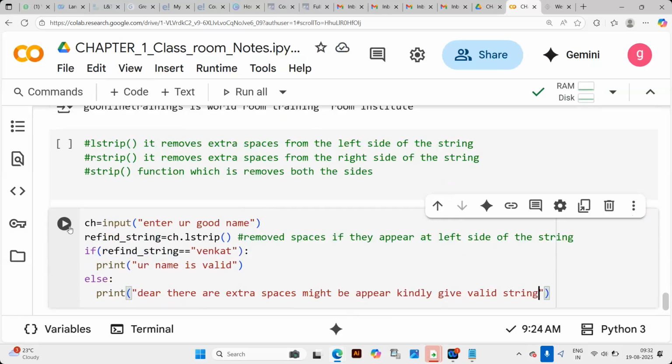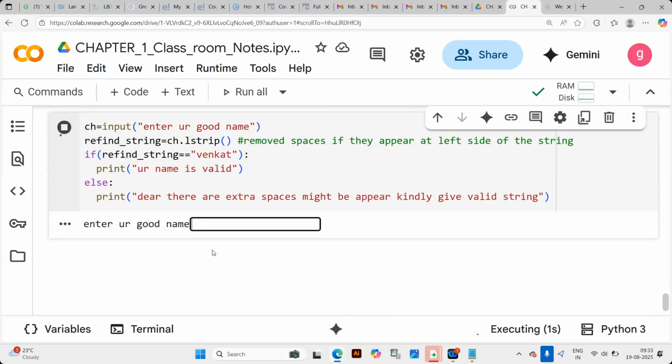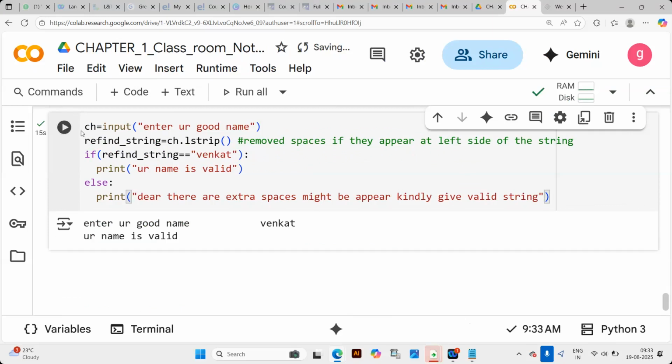Let me execute. I'm entering Venkat with extra spaces. If lstrip is applied, they will be removed and the refined string and Venkat will be the same. Therefore, it will tell you the name is valid. You see the output? Name is valid.